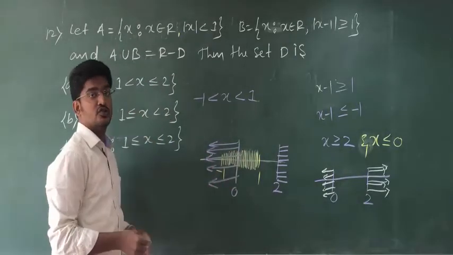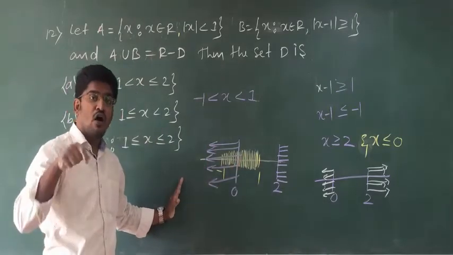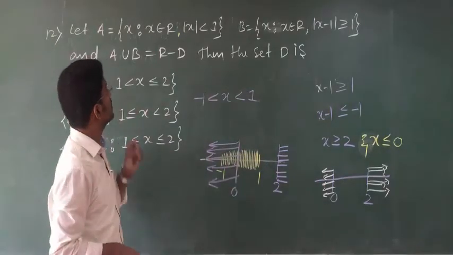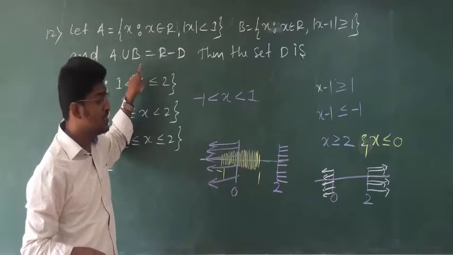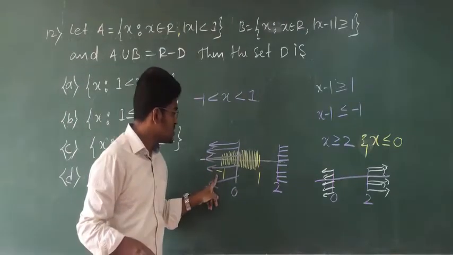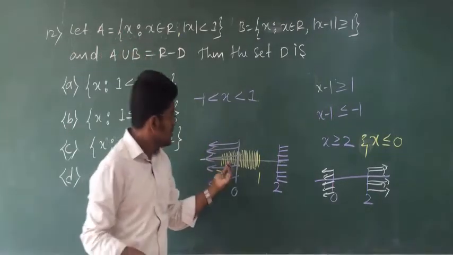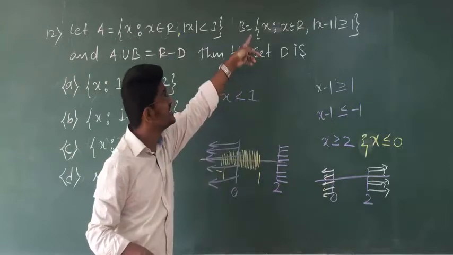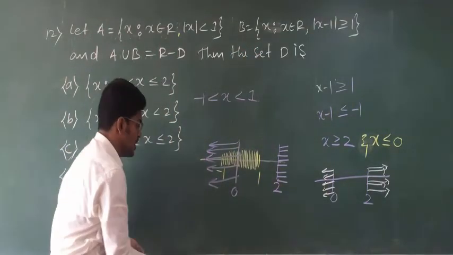So now lesser than 0 or greater than 2 elements are present in A union B. Are you getting my point? See, you have minus 1 to plus 1 from set A, lesser than 0 and greater than 2 from set B. If I make the union of this in A union B,